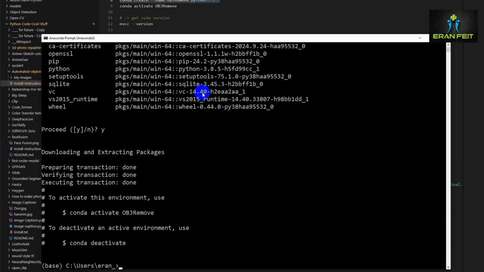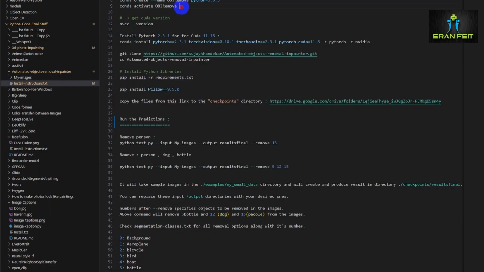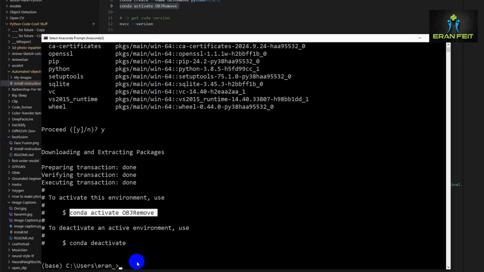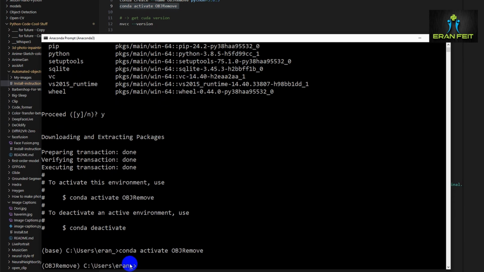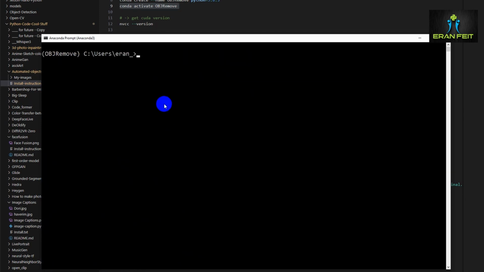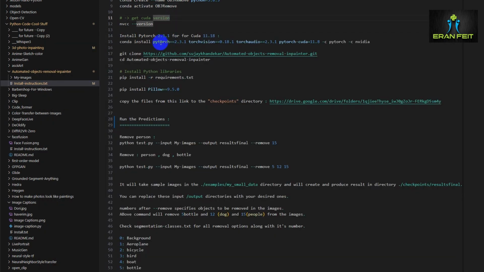So we created a Conda environment and now we have to activate it. So here is the command. We can copy the command and run it. And now, as you can see here, this is our current environment. Great. Next, we have to install Pytorch